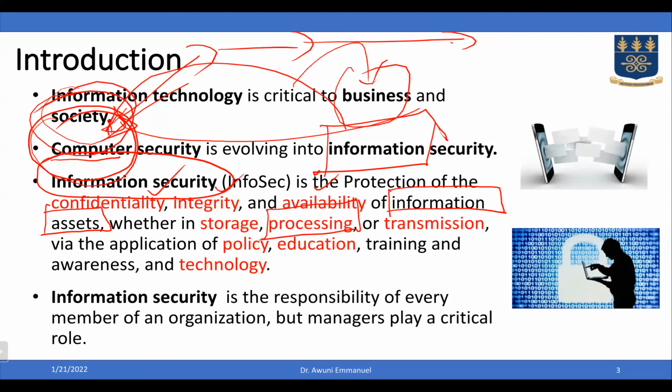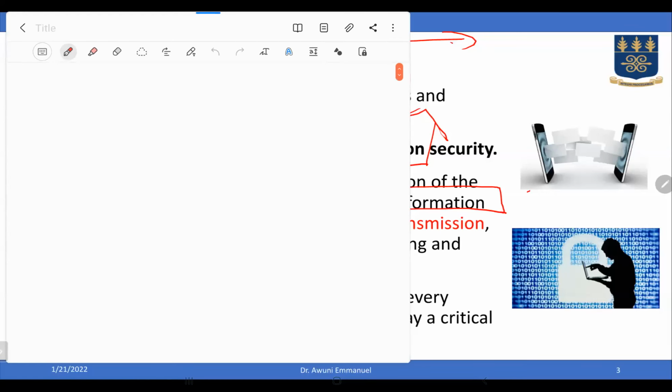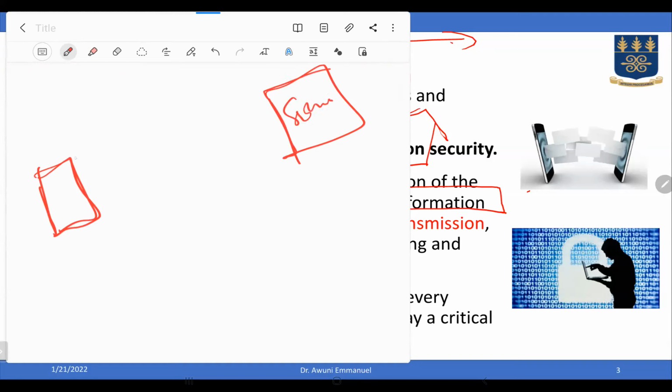If I go to write, just a minute, I always like to write. I think I'm beginning to like this class. Okay, so you said, let's say there's a system here, right? There's another system here, right? And then this one is the server, right? So the one you have highlighted is for a different organization. Then this one is a different organization. So this A picks information and gives to B. And what's the issue?